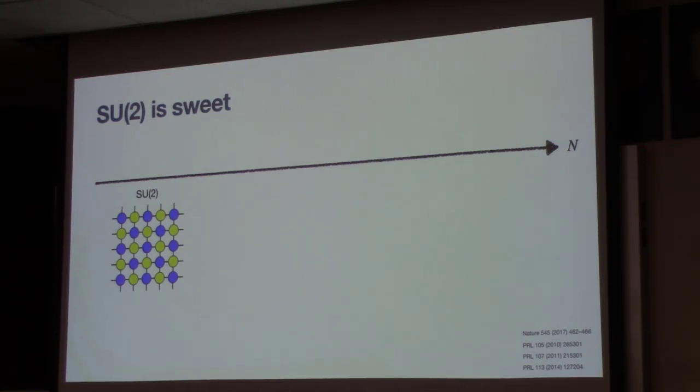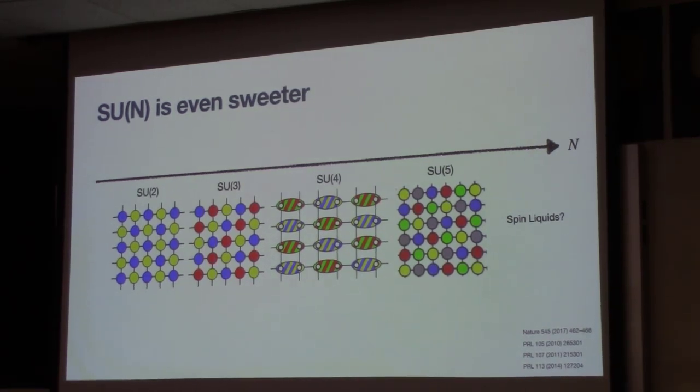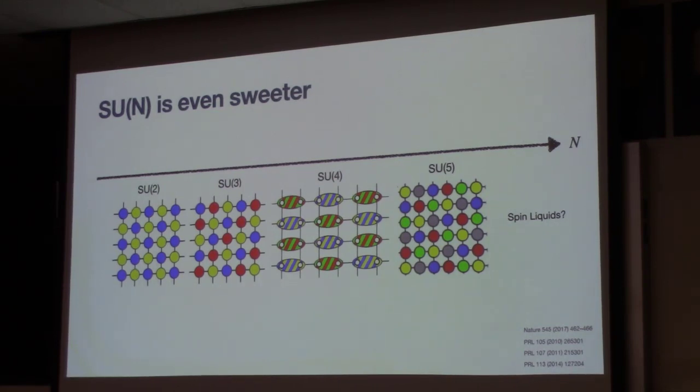It has a rich phase diagram. It has strong correlations in both the spin and the charge channels. It has canonical phases of matter, strongly correlated systems, such as high temperature superconductors. But the SU(N) might be even sweeter. We can have other types of ordering. We can have very peculiar types of valence bond type of structures. There are some predictions that one might have a spin liquid.